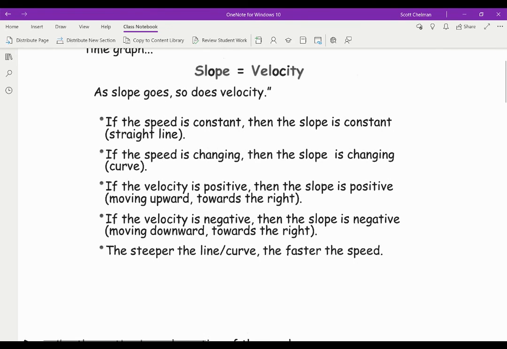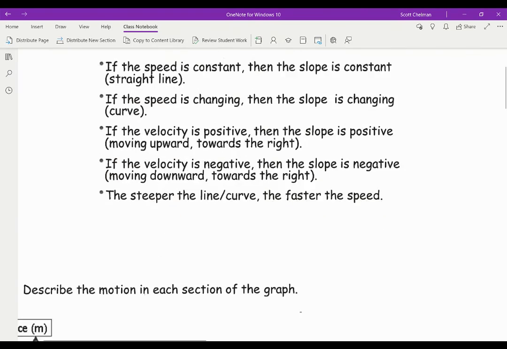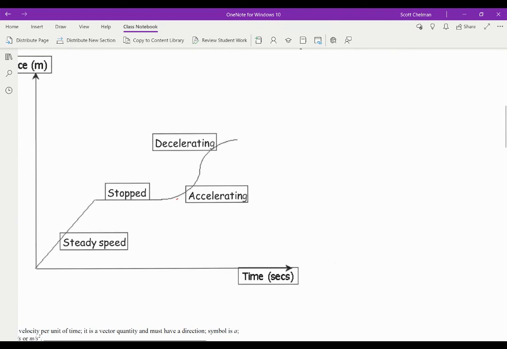Now, here is kind of a summary. This kind of summarizes what happened with the last set of notes that we just did. All right, if your speed is constant, you've got a constant slope, it's a straight line, right? If the speed is changing, that's a big point, right? You see here how you have that curved line